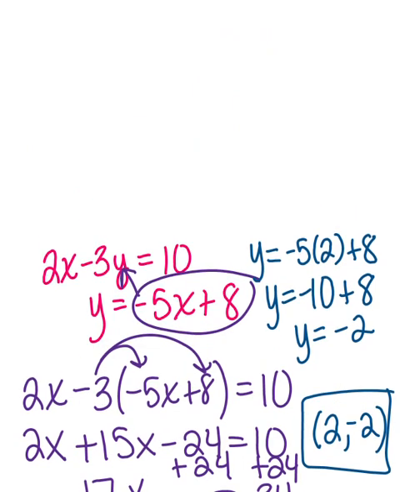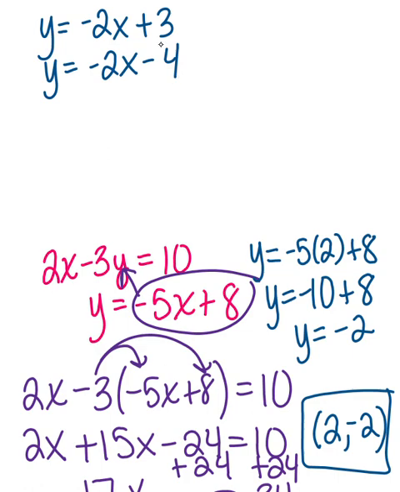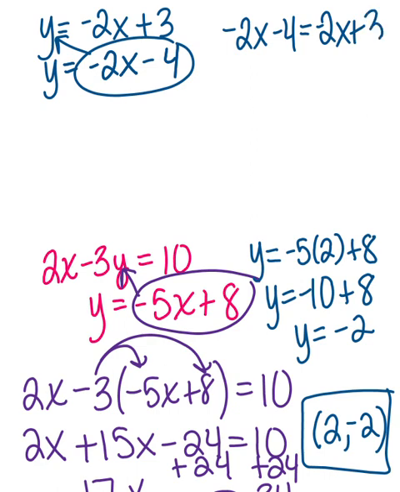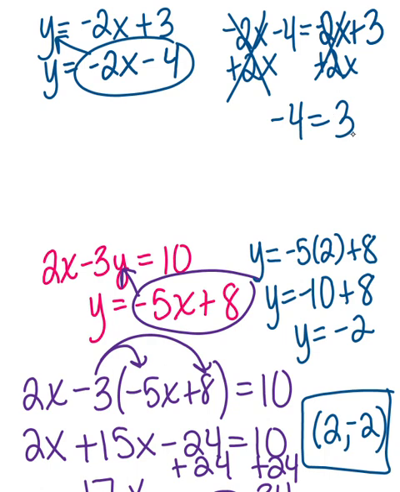Let's take a look at if I had parallel lines. What would happen then? So if I had an equation such as y equals negative 2x plus 3 and y equals negative 2x minus 4. Now they have the same slope, so we would have parallel lines. If I was to set this up using substitution and I take this expression and plug it in, I would get negative 2x minus 4 equals negative 2x plus 3. And I would add my 2x as normal, but here my variable eliminates,